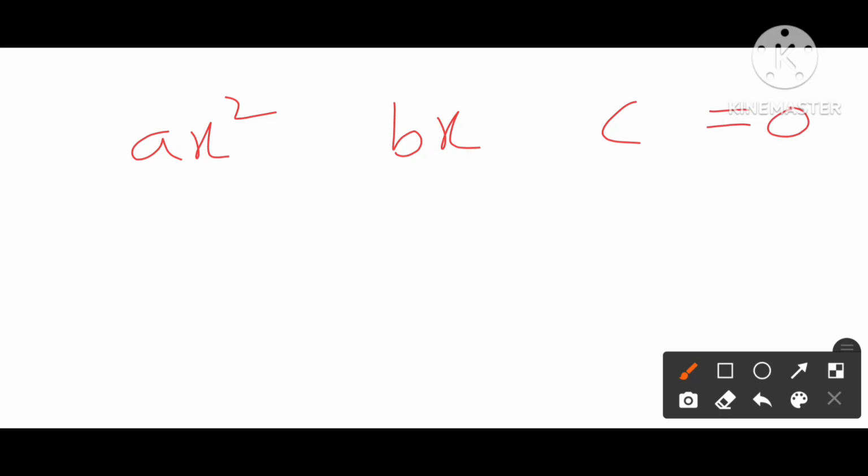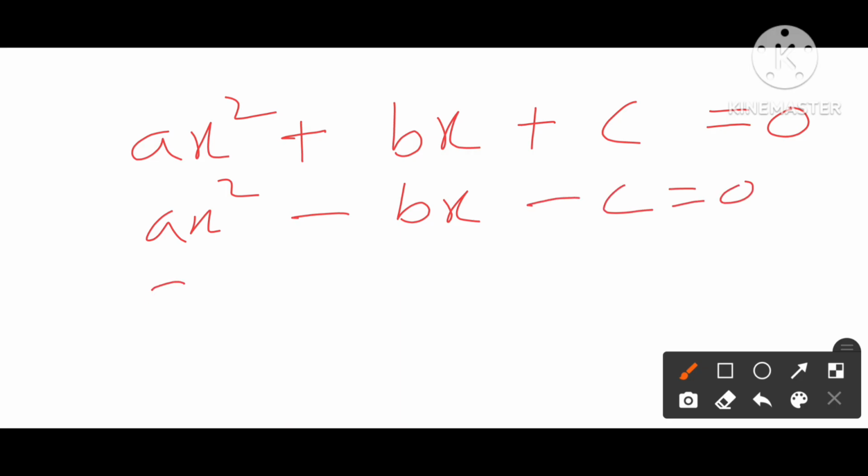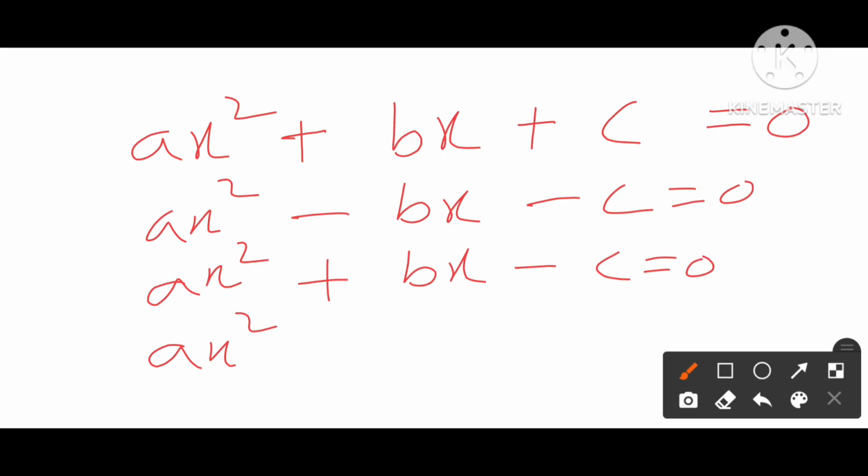In between these terms, we have symbols of plus, or else we see minus, or else we see plus and a minus, or else we see a format of here